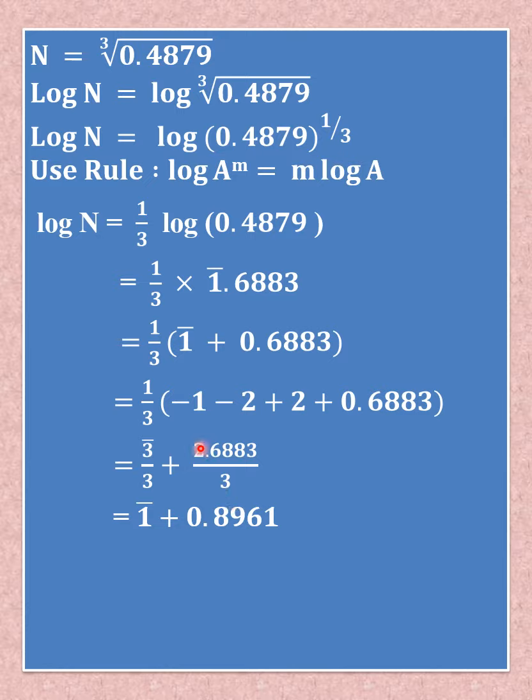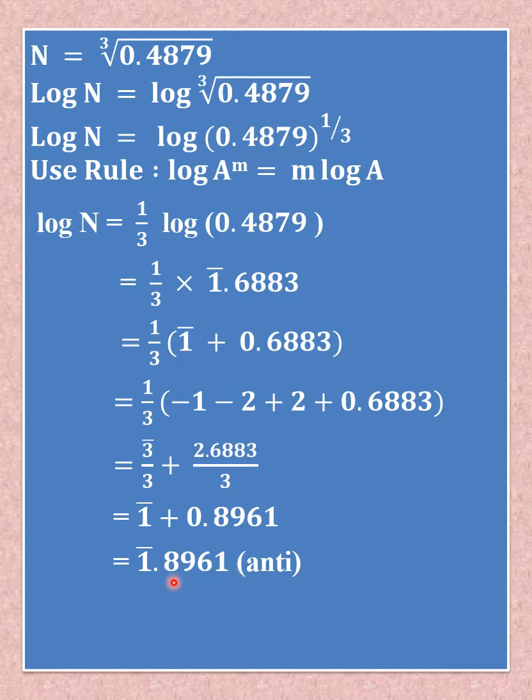Again remember, while doing this division, don't take the log of this number again, don't apply the log formula. Just make simple mathematical manipulations that we perform traditionally, like 3 ones are 3, 3 twos are 6. So the answer comes to 0.8961. Add both. As you add both, it is bar 1.8961, and you have to find the antilog of this number. So finding the antilog again, what?